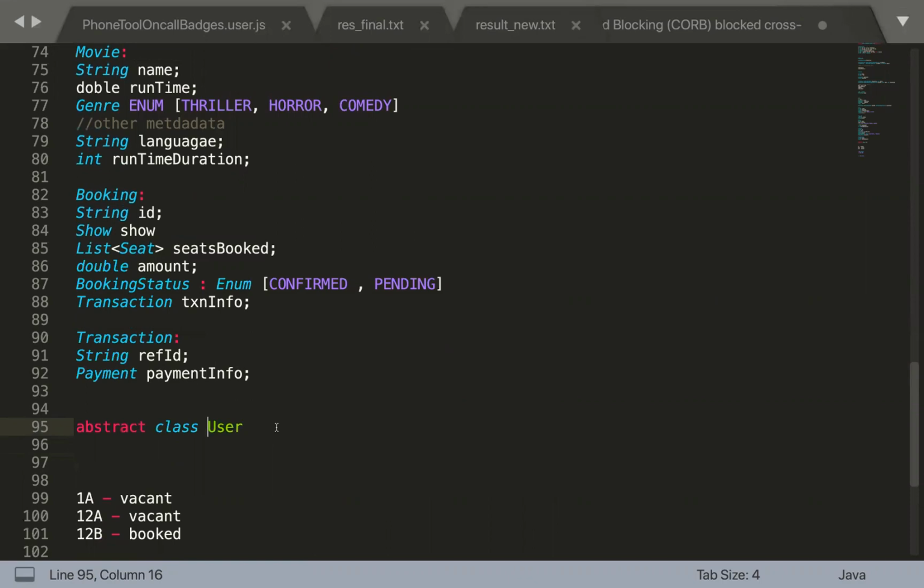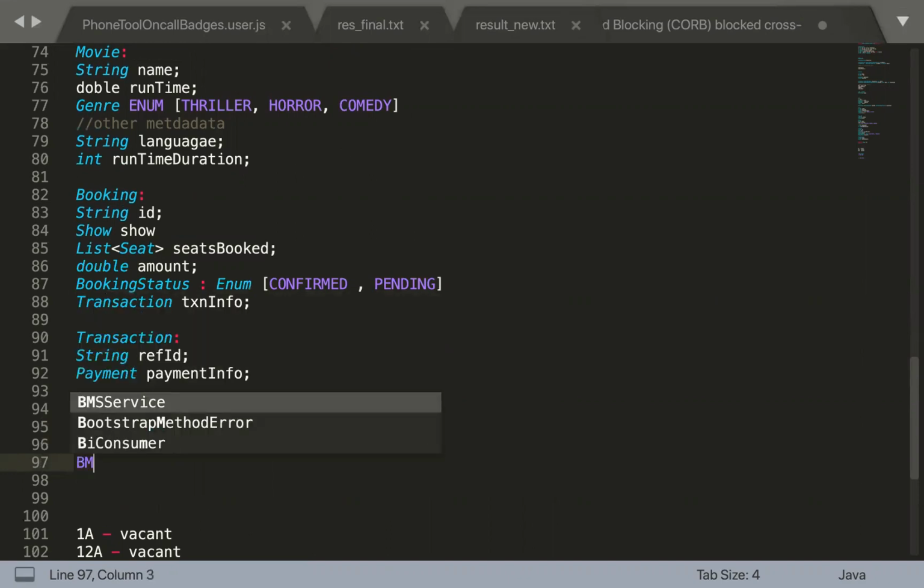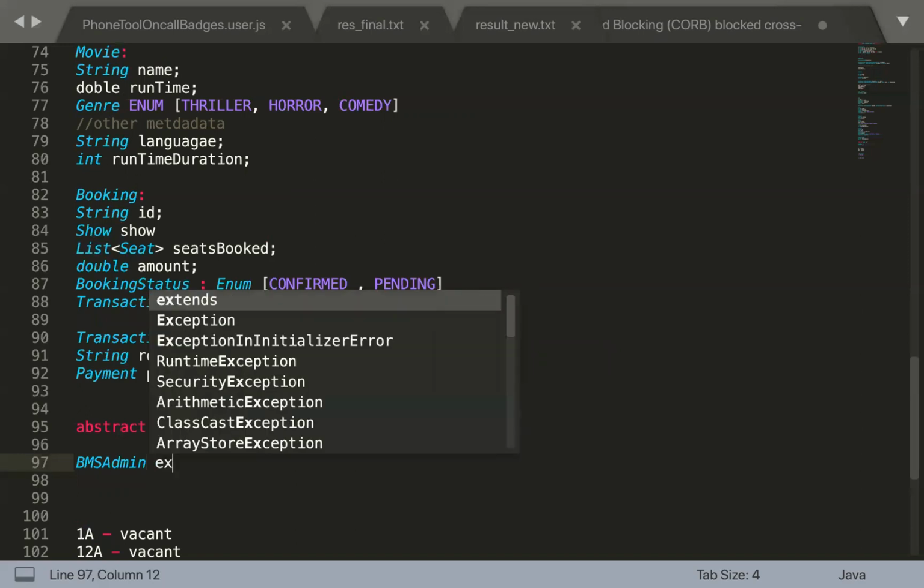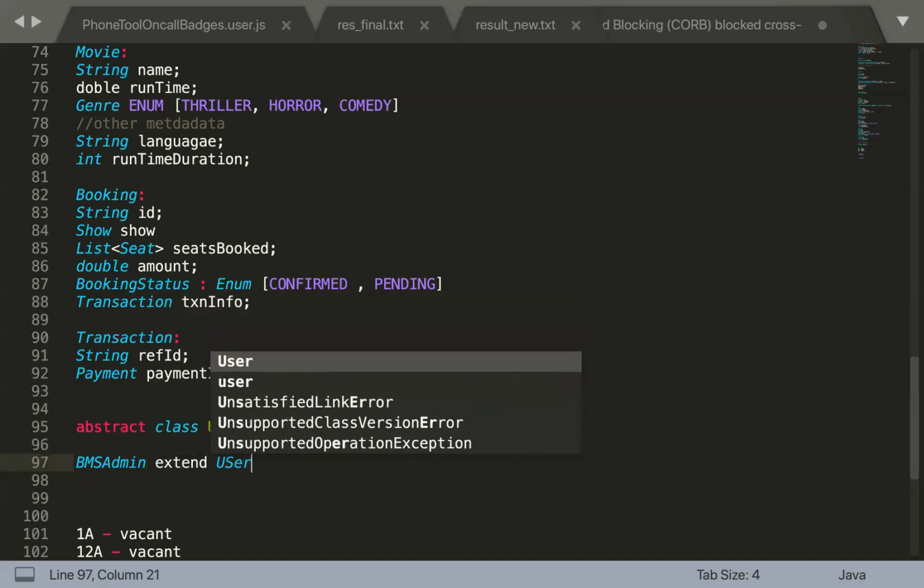That's why we are keeping it as an abstract class user. And then you are going to have the BMS admin, which is going to extend from this user.